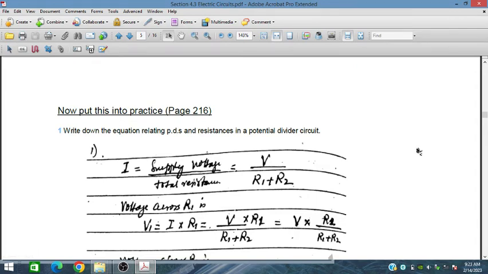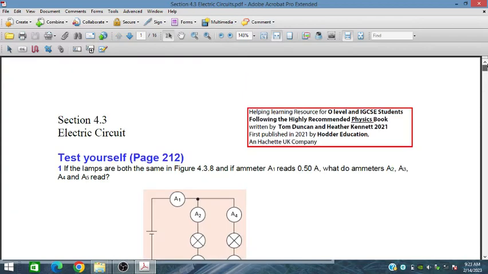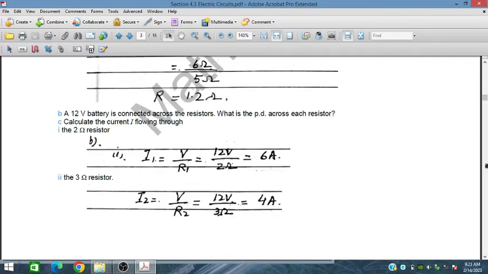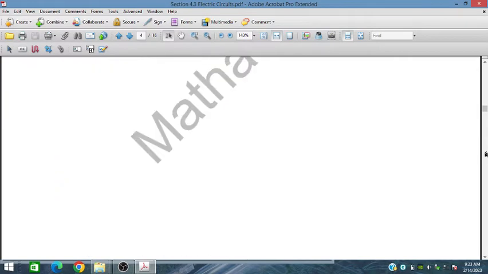In this session, we will discuss electric circuit, section 4.3 from Hodder's education books. This is our second video on this topic. So,